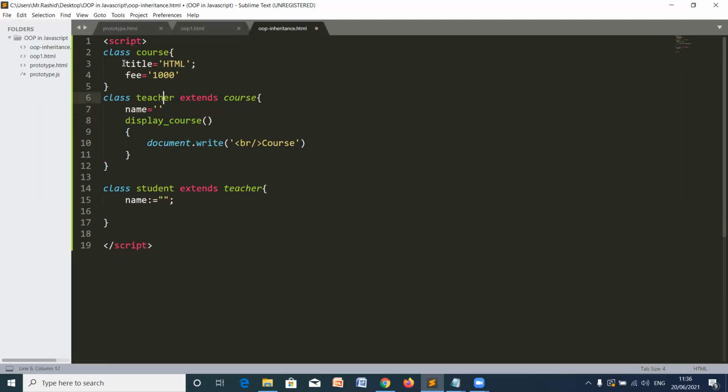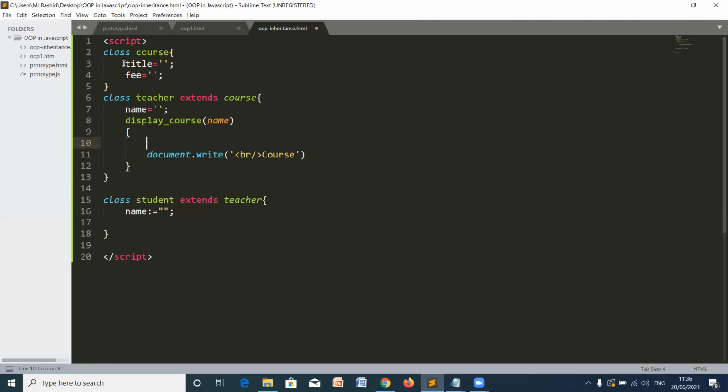This should be empty, and this also should be empty. Semicolon. And for courses I should provide the name: this dot name is equal to name, name one. And course is